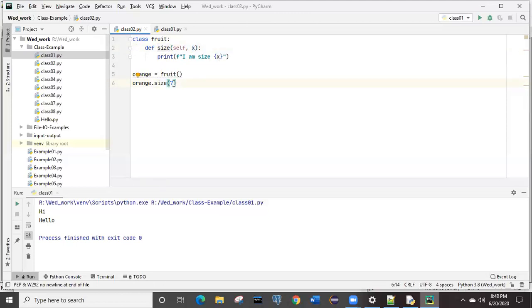I have given 7 as the size input. So it will print "I am size 7", or the fruit class contains 7 elements, basic meaningful messages. Whatever you want to print, you can print it.